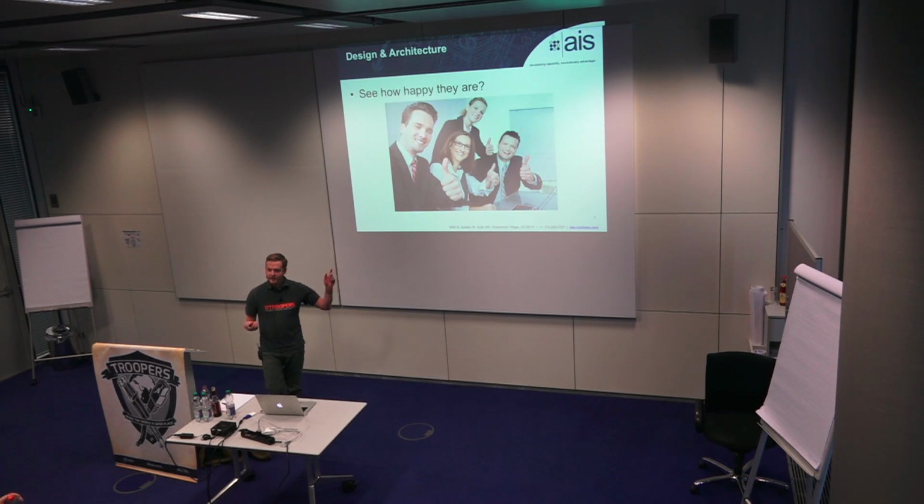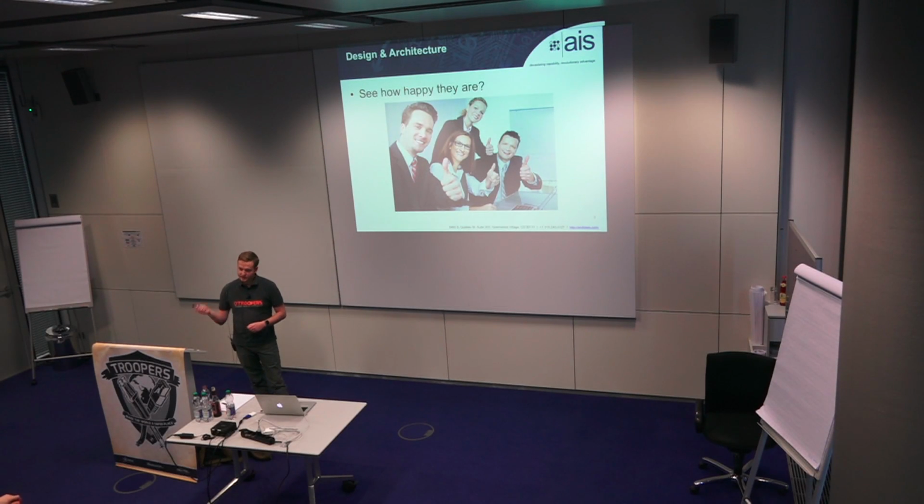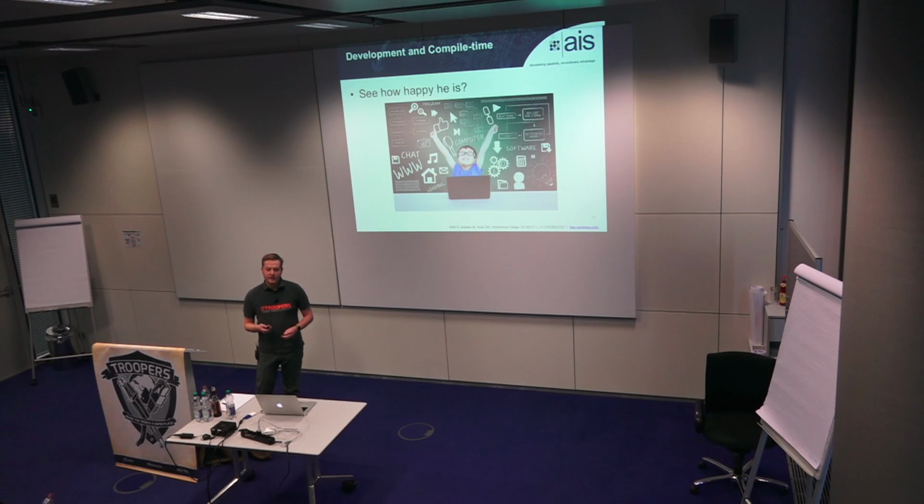So if you find some vulnerability in the design and architecture, like in the last talk, Casey talked about some of these architectural flaws of application whitelisting. If they had discovered those insecure paths earlier, that would have been really trivial for them to solve. It would have been really quick. If you're writing your code and you're starting to find vulnerabilities, I mean, sometimes Microsoft will blacklist certain unsafe functions like gets or scanf. And you look at how happy these guys are, right? Because they're able to pretty easily get almost immediate response if they've made a mistake.